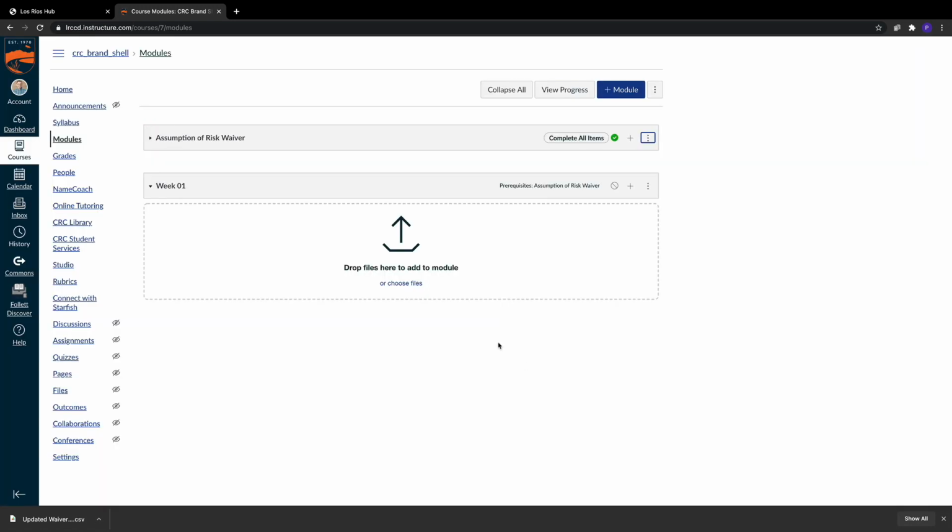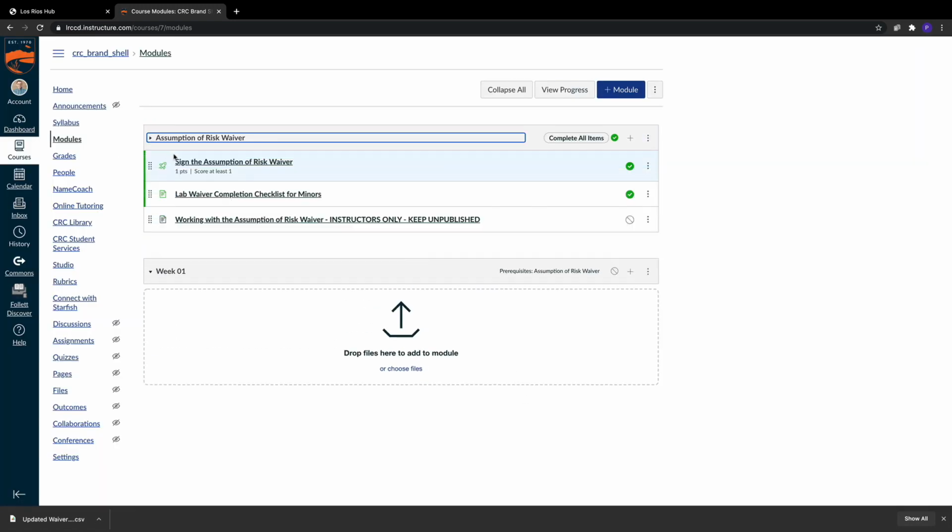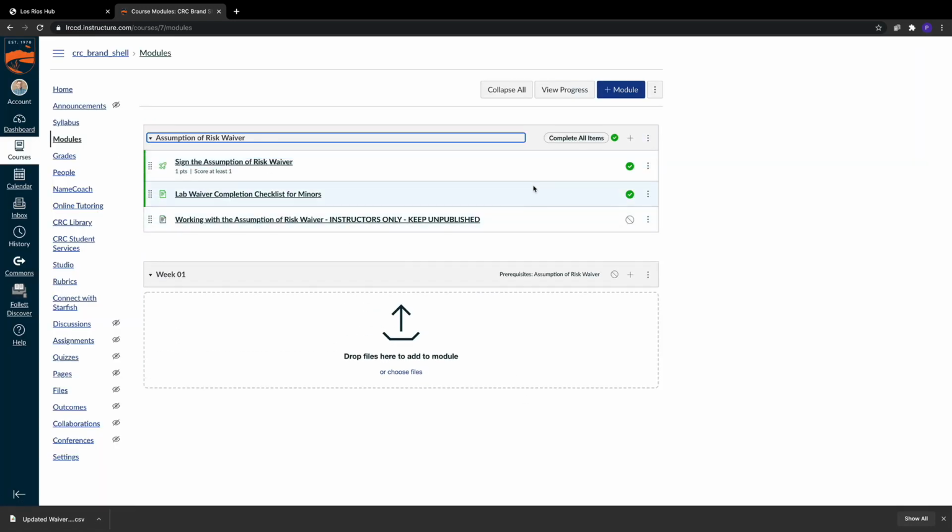So now we'll update the module, and then if we look at it, it's changed, or it will change ever so slightly inside of Student View. Now what they'll see when they successfully complete this waiver, they'll see a little check here. It'll look very similar to the published and unpublished check mark, but there'll be a little check here that communicates quite wonderfully to them and to us that they've completed this, and they'll be able to move on inside of the course itself.